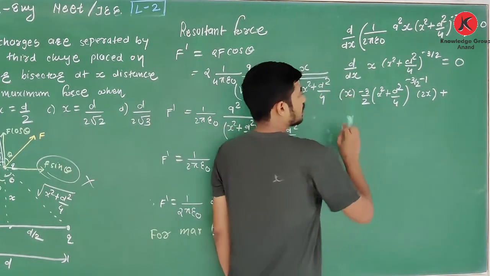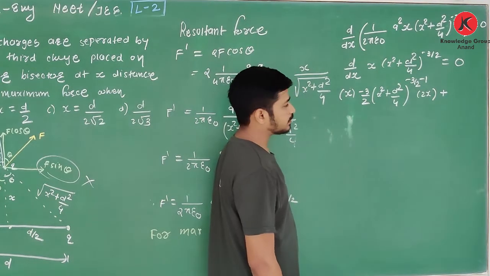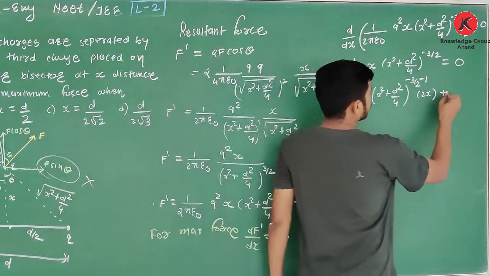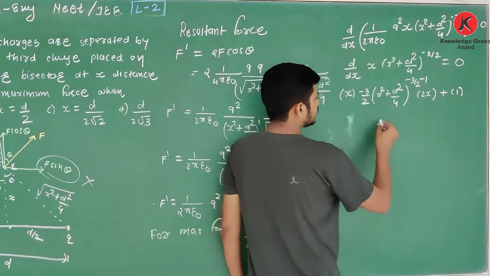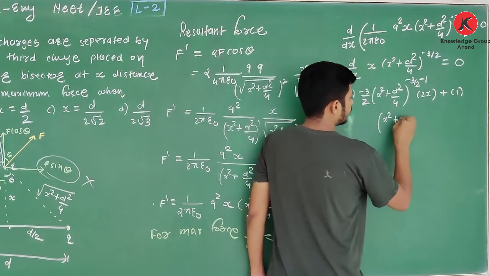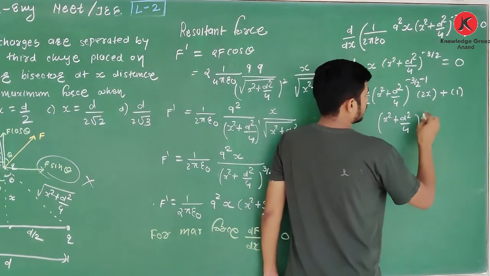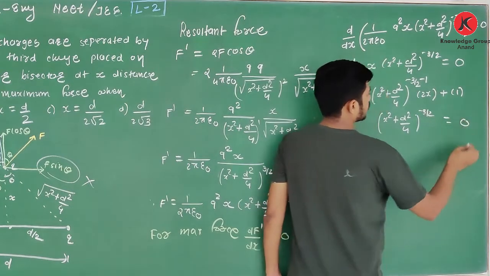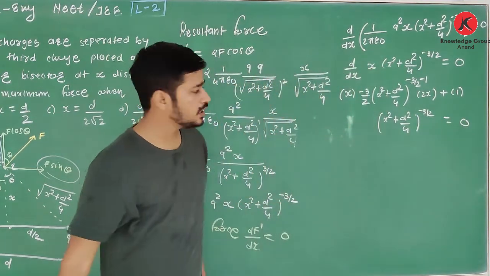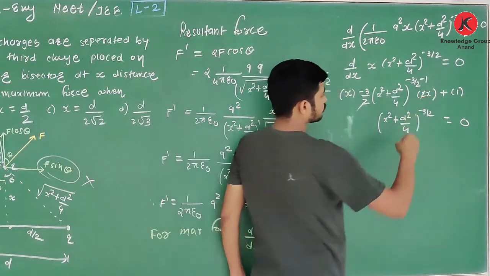Between there is a positive sign, because between there is plus. Now differentiation of the first term, that is 1, and the second term as it is, means it is (x square plus b square by 4) raised to minus 3 by 2 is equal to 0. Clear? So see, this 2 cancels,